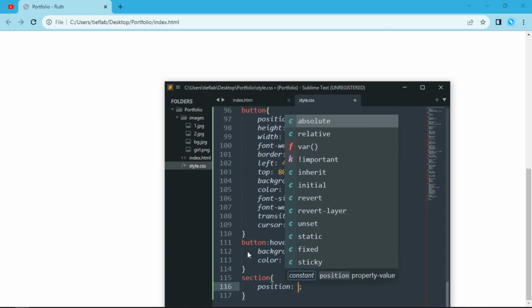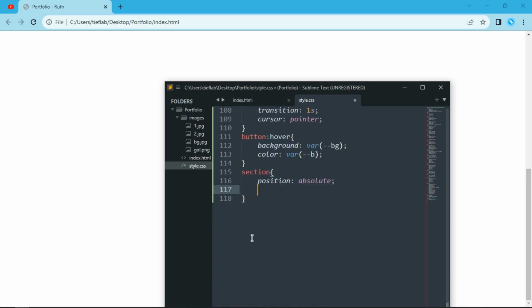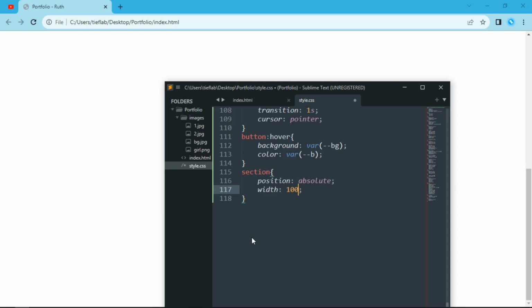position is going to be absolute, and height going to be 100 VH, which is half of the whole screen. Remember, I put the 200 VH on the body section, and now the section is going to be 100 VH, which means that it's a half of the screen. So it's half of the whole page. Sorry,